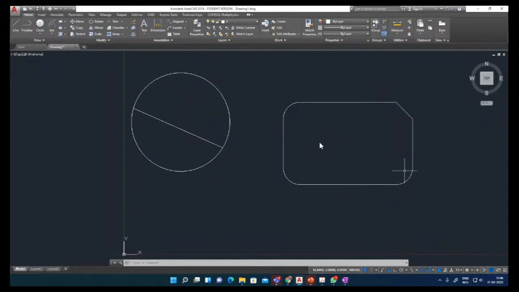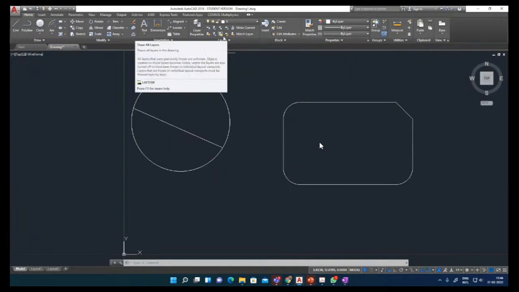Okay. Similarly, there is an array command. Suppose you have one plate and you need to make circular holes in a similar rectangular pattern. Or suppose you have a circular plate and you want to make a circular pattern in it. You want to make a hole at a certain angle. So you can use this